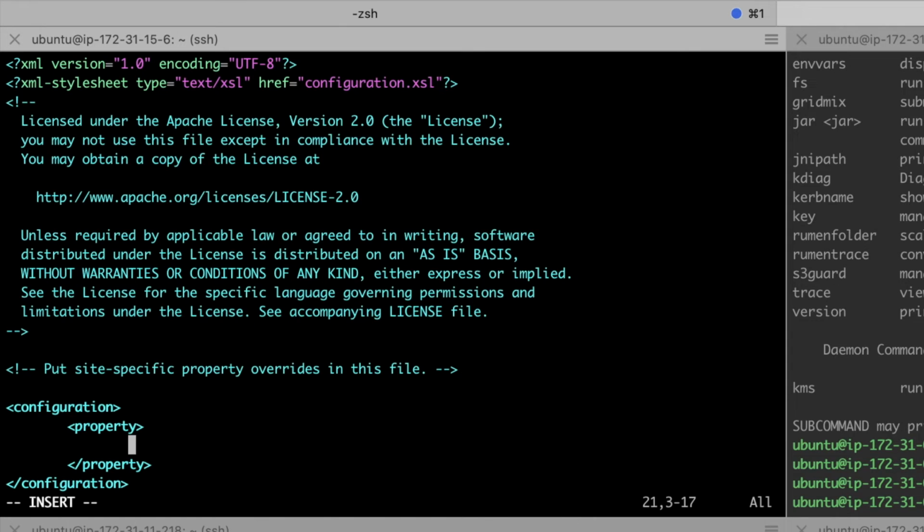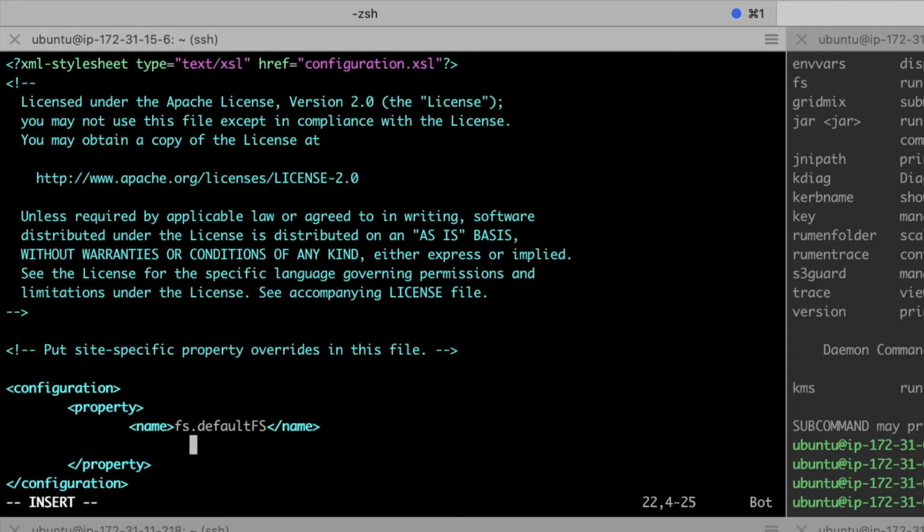The property name would be fs.defaultFS, so it will select the default file system. And the value of this property is the default file system, which would be